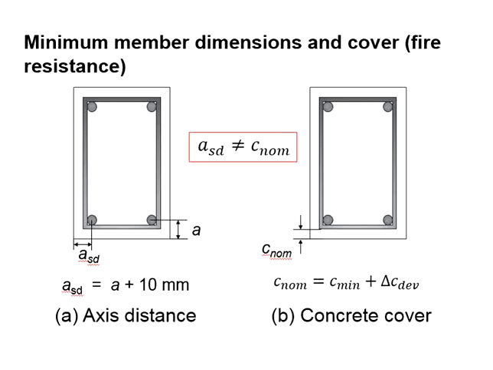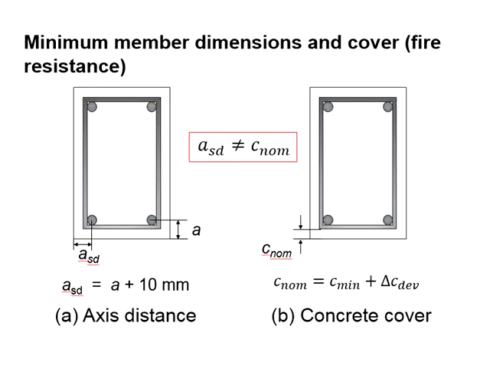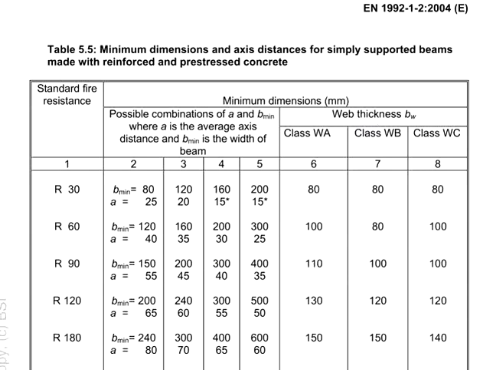of the member. If the axis distance ends up having greater cover as compared to the nominal cover, that means the axis distance will govern the thickness of the cover. And if the concrete cover is greater than what is required as per the axis distance, then the concrete cover shall govern. Coming back to the table, let's say we take this 90 minutes fire rating,